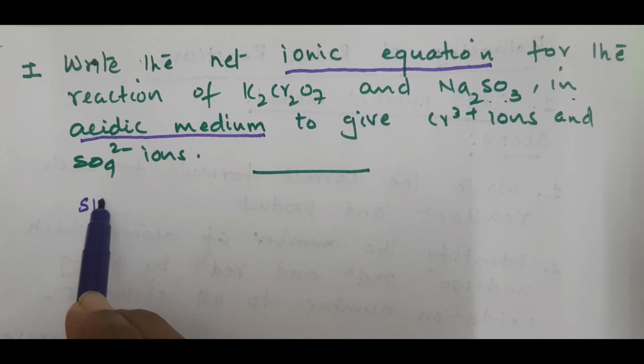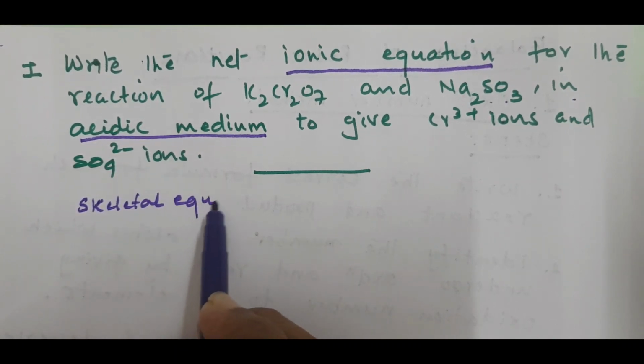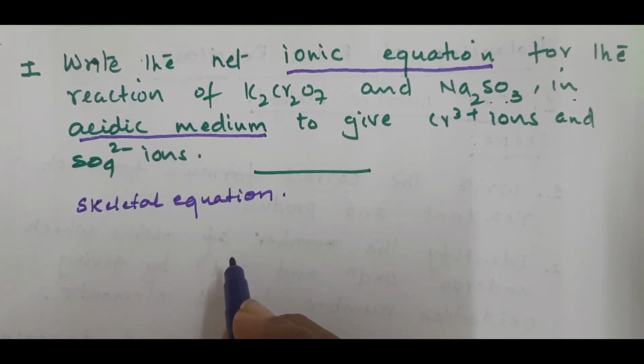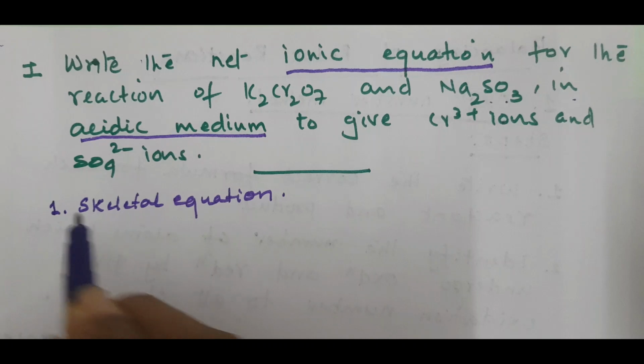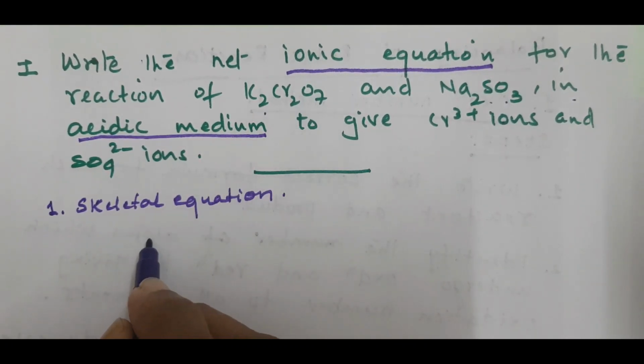Now, what do you mean by skeletal equation? You have studied in smaller classes, isn't it? Skeletal equation means which is not a balanced equation, only the skeleton in terms of ions. So, the first step is write the skeletal equation. How will you write? Potassium dichromate, the skeletal equation with me,